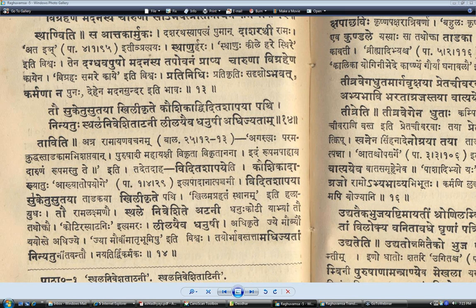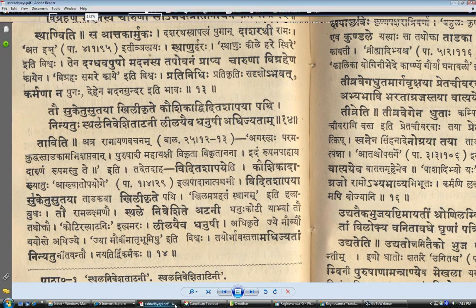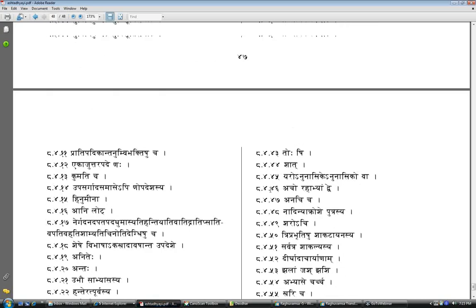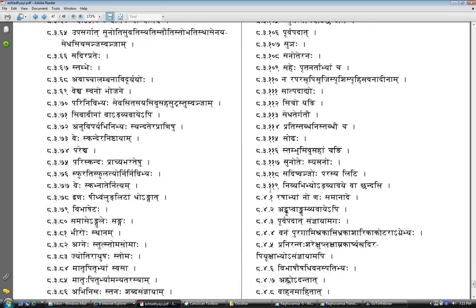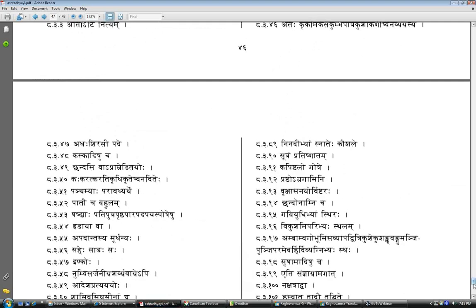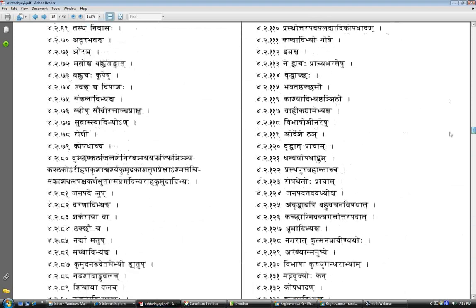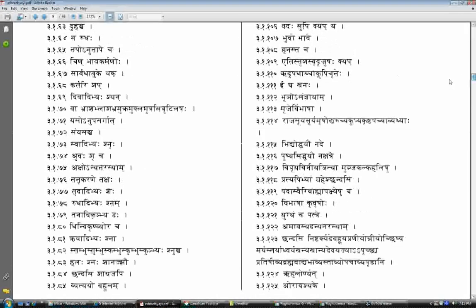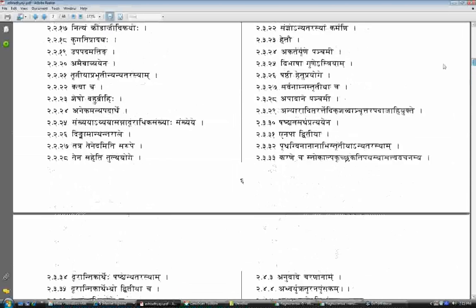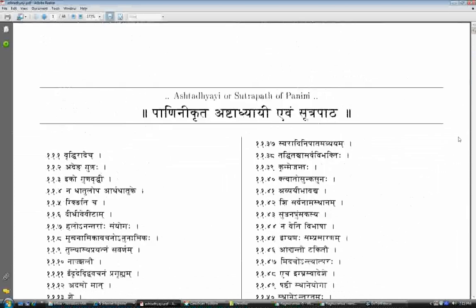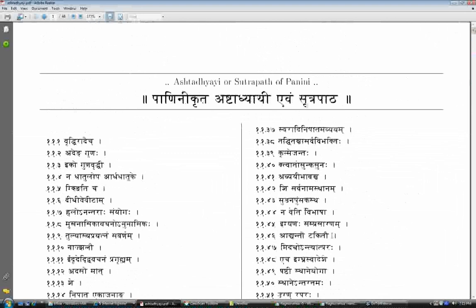Correct. Idu Ded Dvivachanam Pragrihyam. The sutra number is 1.1.11. Idu Ded Dvivachanam Pragrihyam. If you have a dual form, could be Subanta, could be Tinganta, doesn't matter, if it ends in a long I, U, or if it is E, then that gets the Pragrihya Sanjna. That long I, U or E gets a Pragrihya Sanjna. Sutram 1.1.11. So that's only a Sanjna Sutram.